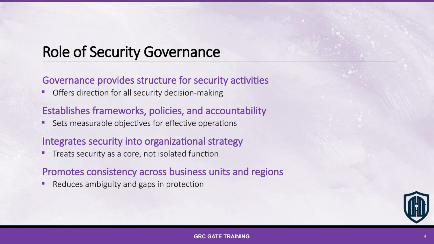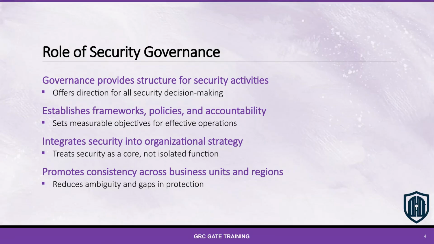The starting point for effective security and risk management is security governance. Governance provides the structure and direction for all security activities within an organization. It involves establishing clear frameworks, policies, or processes that guide decision-making, assign accountability, and set measurable security objectives. Security governance ensures that security is integrated into the organization's overall strategy rather than being treated as an isolated or